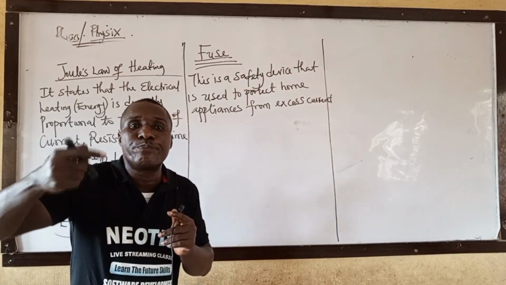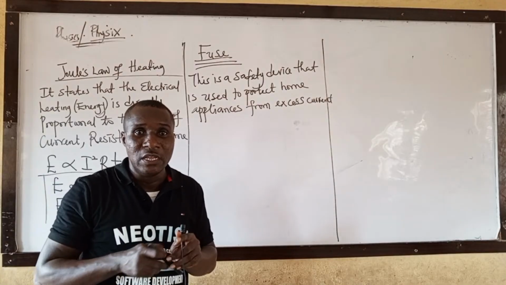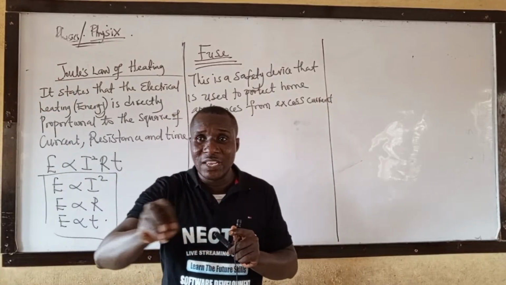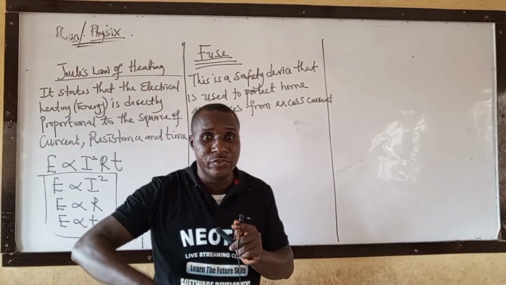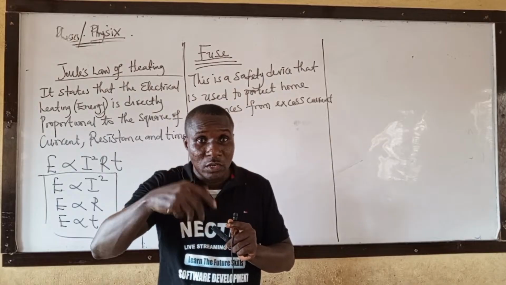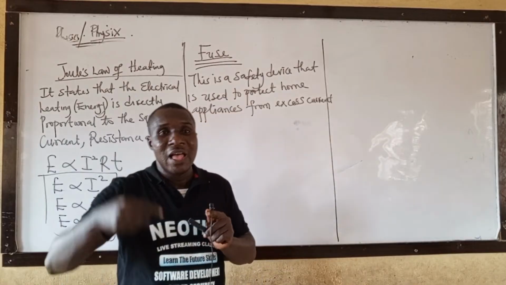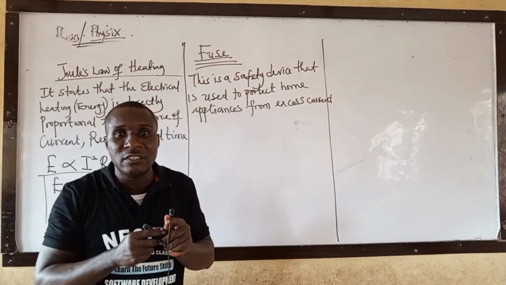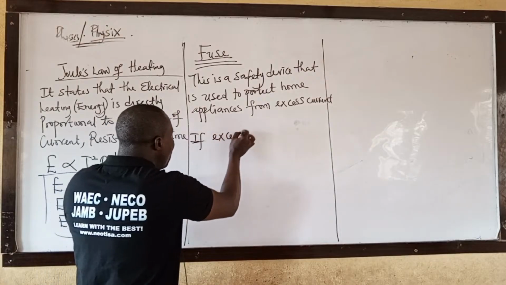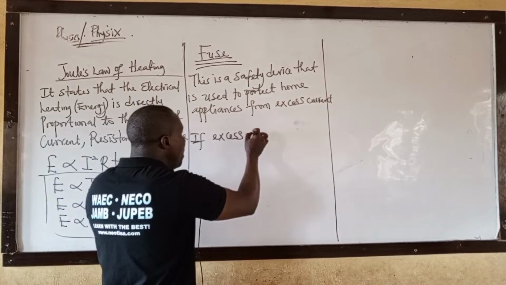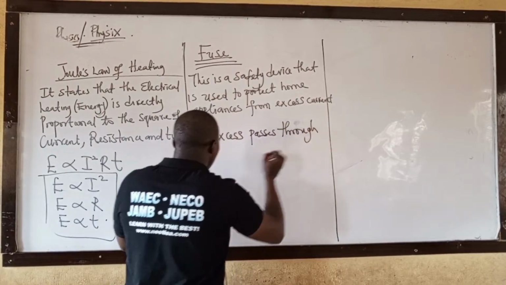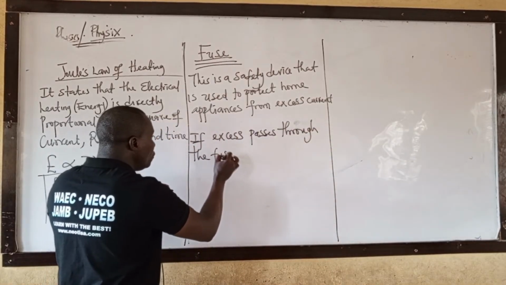How does it protect home appliances from excess current? If you look at your home, you will see that you have a fuse. The fuse that plugs your TV, your radio, you understand? That fuse is a device that is used to protect home appliances from excess current. How does a fuse protect home appliances? If excess current passes through the fuse,